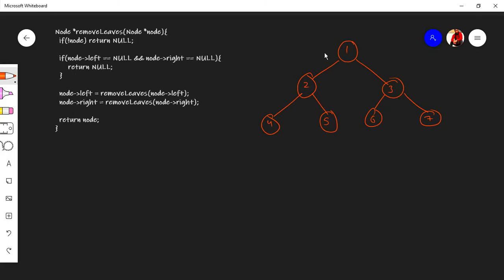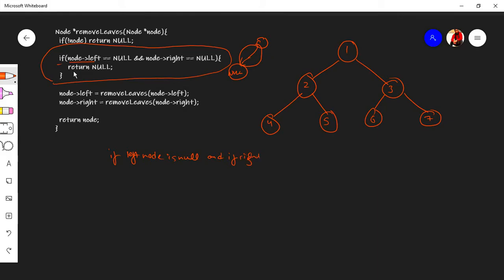I'll explain everything. I would like to talk about this condition for a moment. What this condition says basically is, if you are standing on this node, and the left node of this is null, I'll just write this in English: if the left node of your current standing node is null, and if the right node is also null,